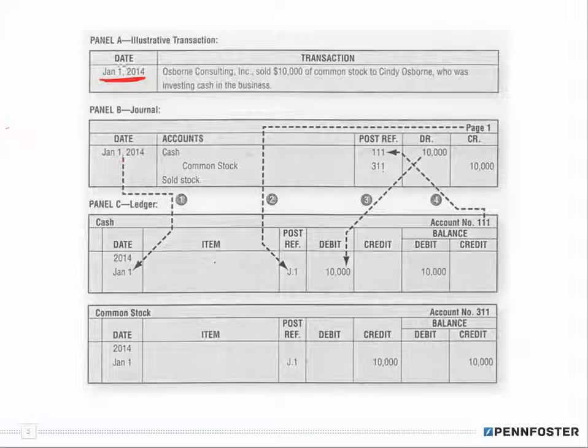So in my journal, remember, this is the transaction, right? So in my journal, I'm going to put the date. Okay? Then I'm going to make the journal entry. And remember, I asked the question, am I affecting cash? Well, Osborne Consulting Inc. is selling 10,000 shares of common stock to Cindy Osborne, who is investing cash in the business. So Osborne Consulting is going to get cash, all right? Since they're going to receive cash, and cash is an asset, that's the category of account, the normal balance of an asset,